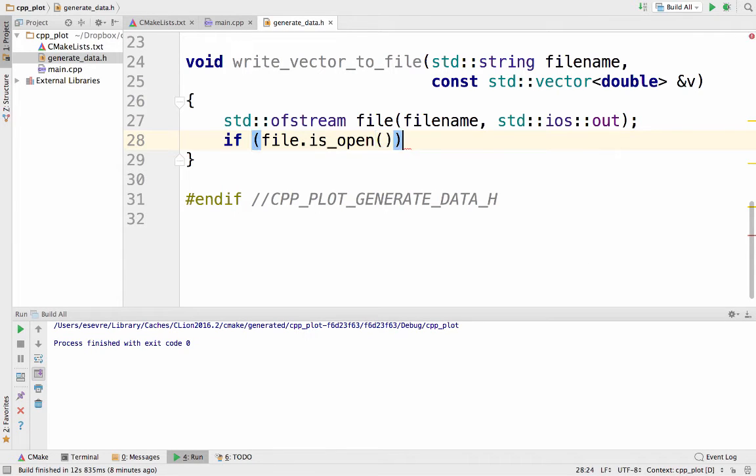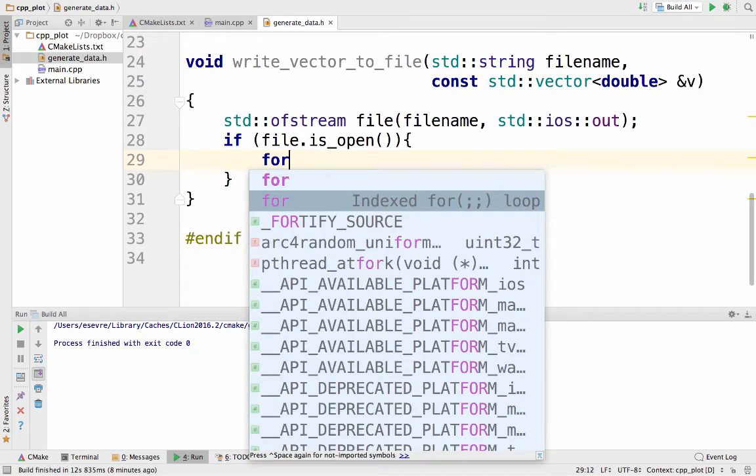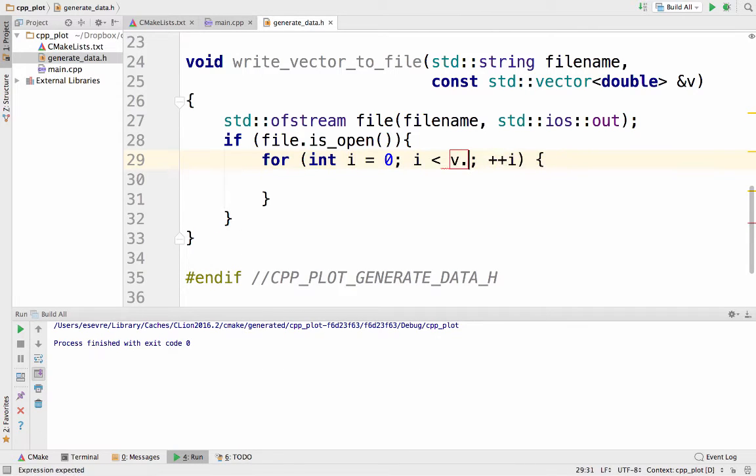Now if our file is open, what we want to do is keep writing to it. If it doesn't open, we don't want to try writing to it. We should probably do some error handling. I'm going to ignore that for now. So if the file is open, we're going to write it. We're going to say for i less than v.size. Since it's an STL vector, it knows how big it is. And we're just going to do file, v,